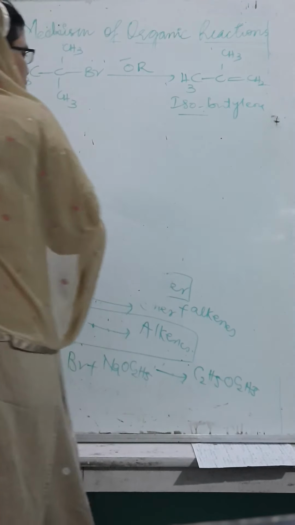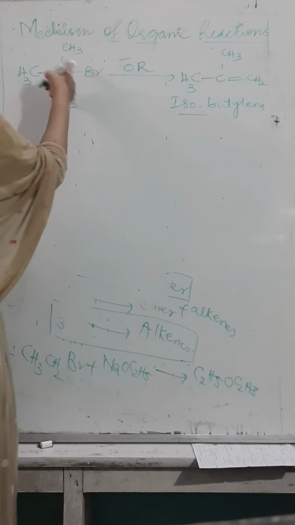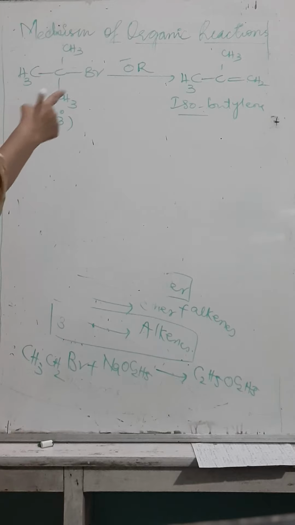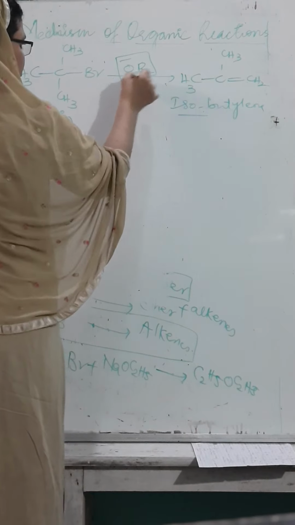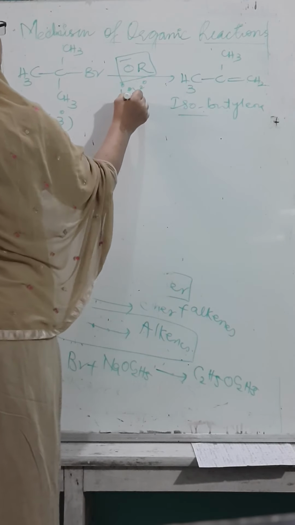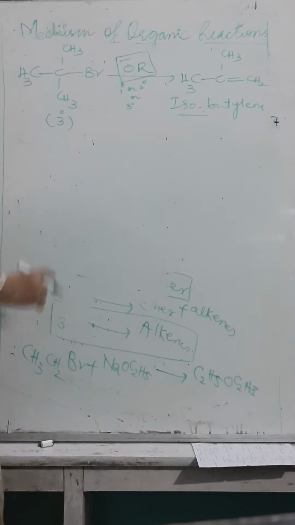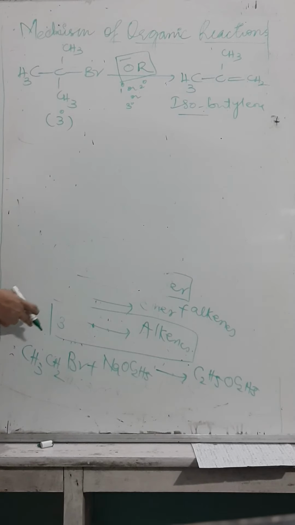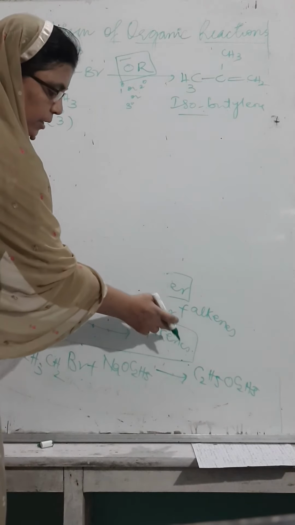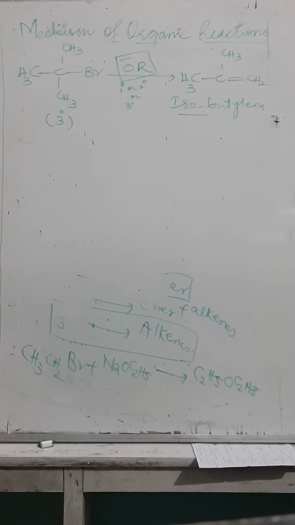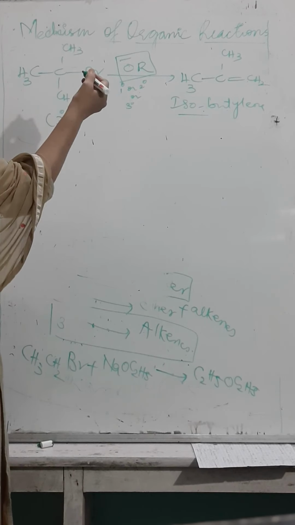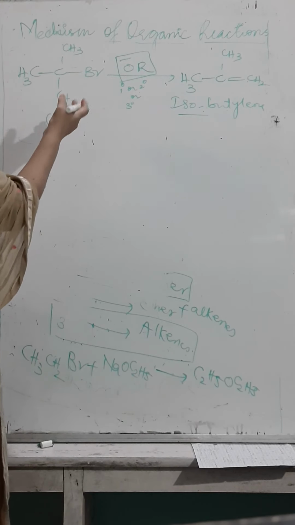Now you may think, why are we not getting ether? Because the nature of this alkyl halide is tertiary. That's why we get isobutylene. The alkoxide may be primary, secondary, or tertiary, it makes no difference. Only the alkyl halide should be tertiary to get alkene. If the alkyl halide is primary, we get ether. Correct? This elimination reaction is also called